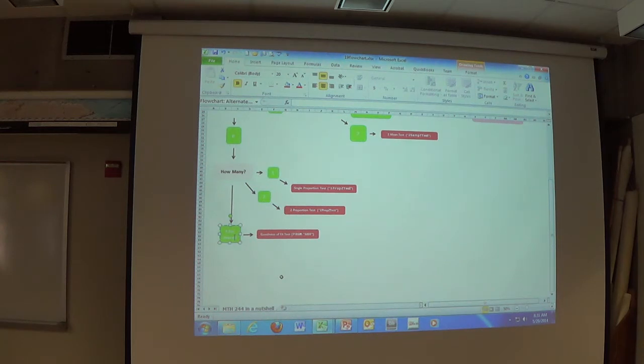3 or more. You can't use the Z-curve anymore because the Z-curve requires no more than 2 variables to compare directly. If you have more than 2, you can't subtract, look for a difference, and then peg where the difference is. If you have 2 numbers and you subtract them, and it's a positive number, well, you know the first one was bigger than the second one. If you subtract them and they're negative, you know the first one was smaller than the second one. If you subtract them and they're 0, you know they were equal.